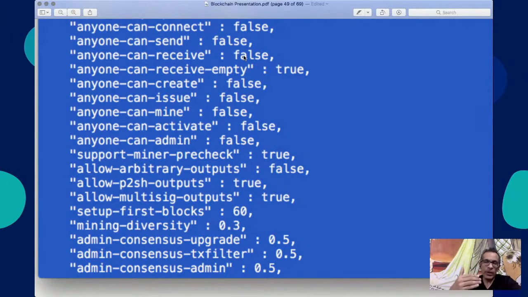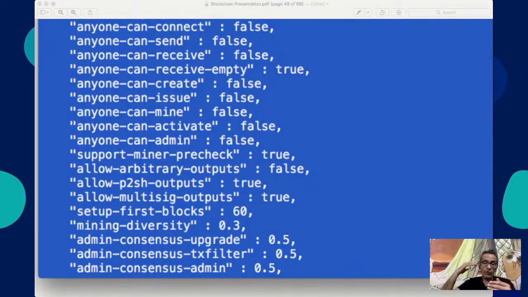But because I'm going with a private scenario, I will keep each of them as false and then I will one by one give permissions. So this is a very crucial part, and again a mistake here can destroy your blockchain, is that you have to understand the business requirements, and based on that all these parameters are set up at the initial blockchain creation time. So again, you can set up this complete detailed file, tweak each of those parameters.